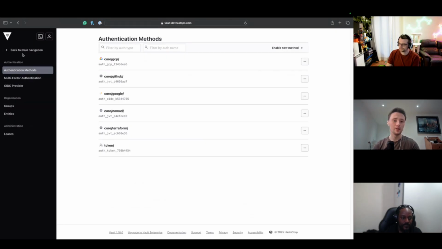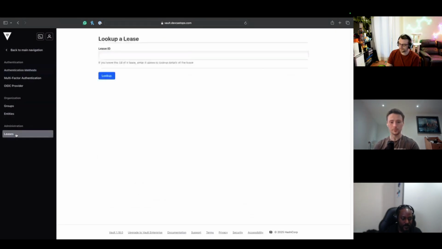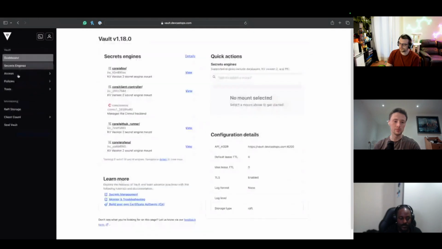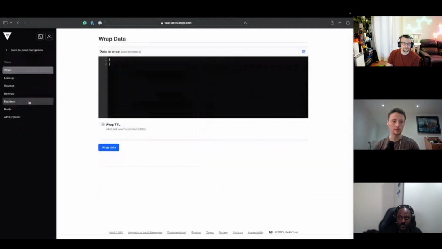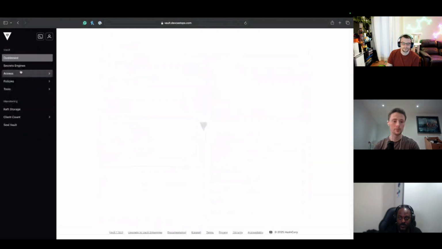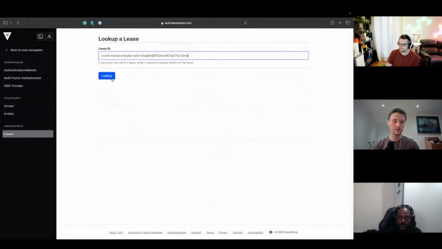So under authentication, there's a leases section here. Lease ID. Normally these populate. This is going to be funny when I get it wrong. Let me see if I have my Consul token somewhere. It should come with a lease ID. So I'll grab my lease ID from my token, dump it into here. So if I look up a lease ID,